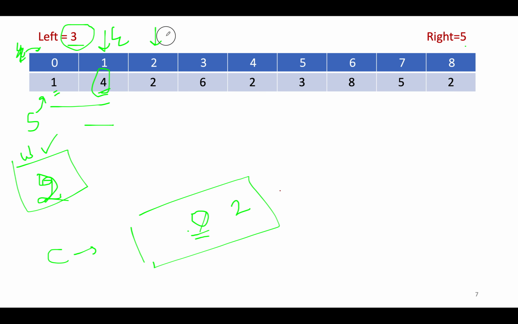Let's move on to the next iteration. N gets incremented to 2 and at 2 we have the element 2. So this 2 is less than the left value, as a result of which we'll use the previous window size. Previous window size is 2, so the count will be updated with the value of previous window size and it becomes 2 plus 2 is 4. And what all sub-arrays got added as part of the answer set? 4, 2 and 1, 4, 2. So by virtue of 4, 4, 2 got added, and by virtue of 1, 4, 1, 4, 2 got added.